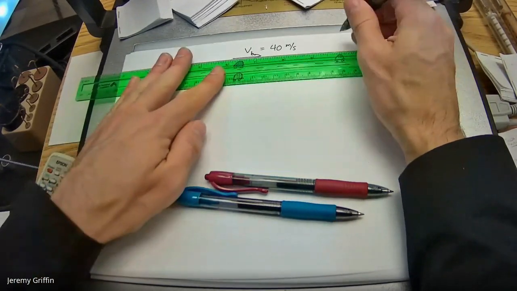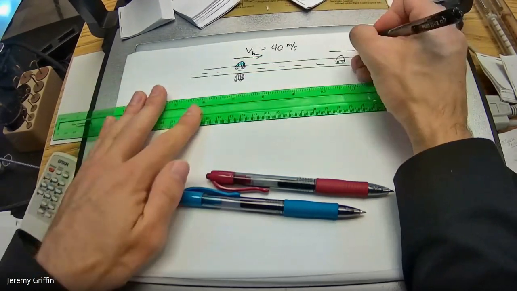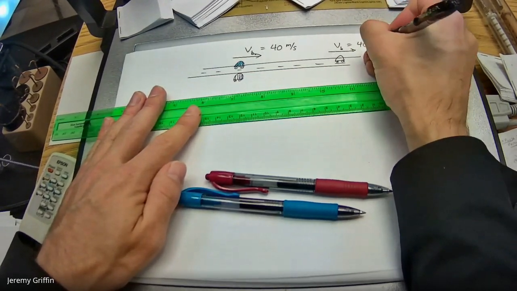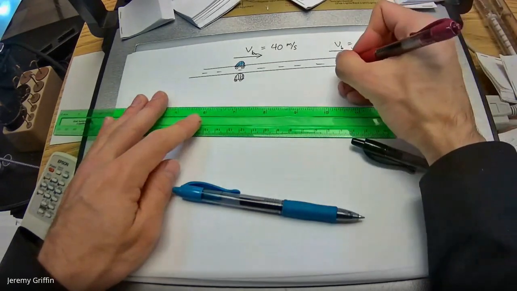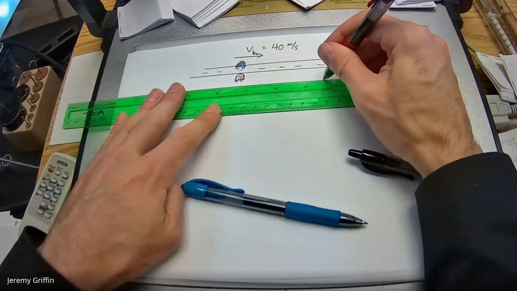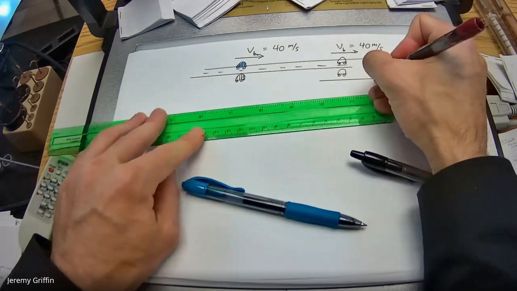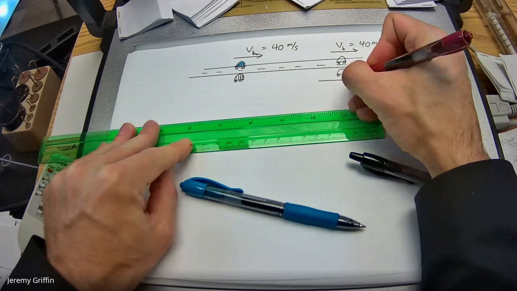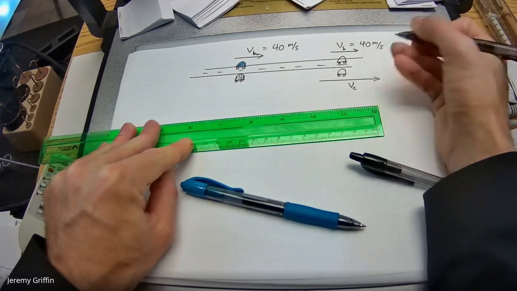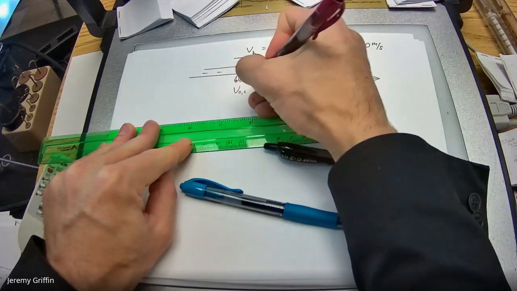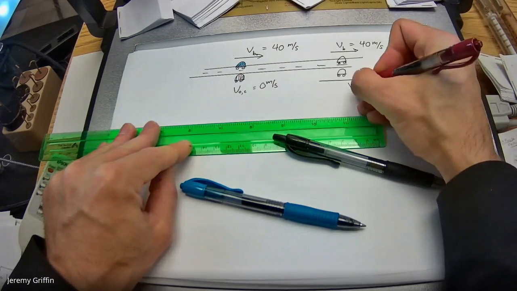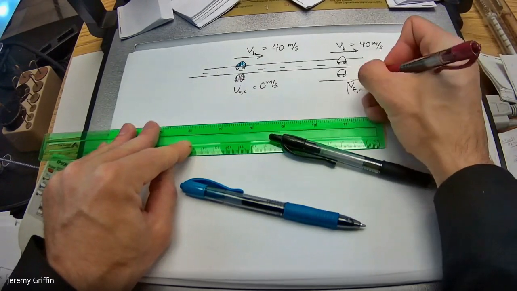Now, let's say the guy's speeding. He's just going at his speed the whole way. It's just a constant value. He just keeps going. But the cop car had to speed up to catch him. And that's the question. I'll call it, let's do C for a cop car. So V naught C was just 0 meters per second. And what is V final for this car? That's the question.